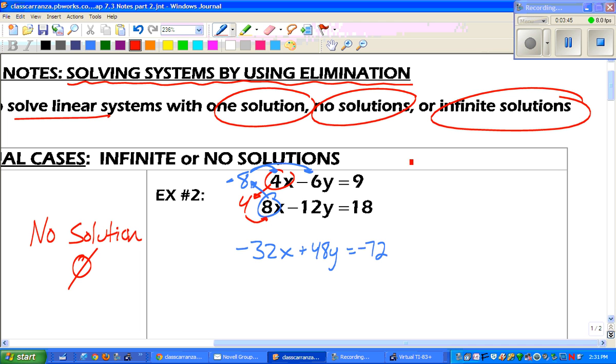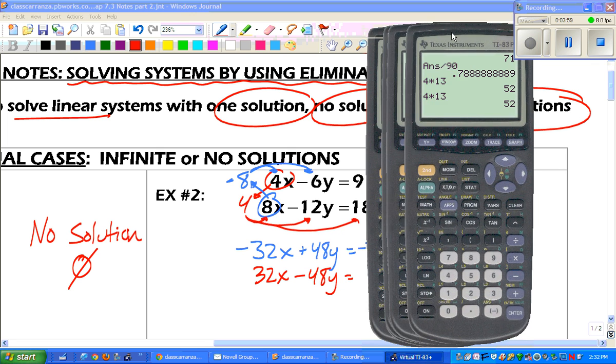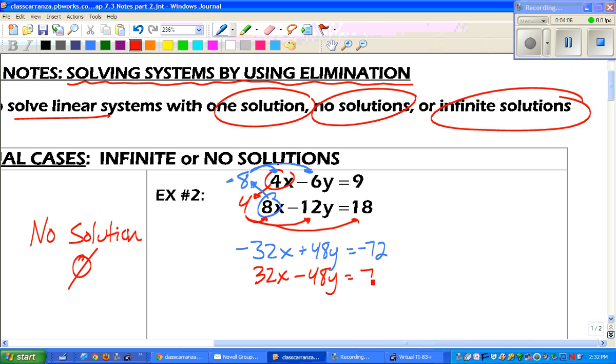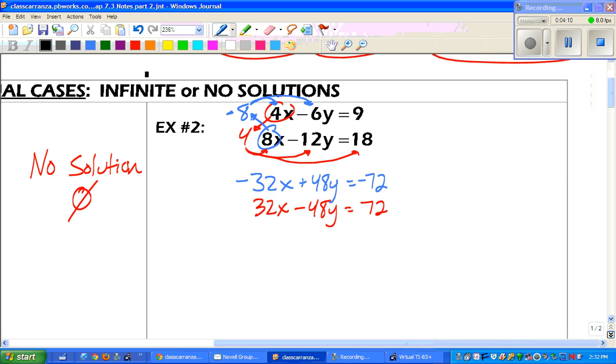Okay? And do the same thing here. We get 32x minus 48y. And guys, if you need a calculator, use it. 4 times 18 gives us positive 72. Okay, so